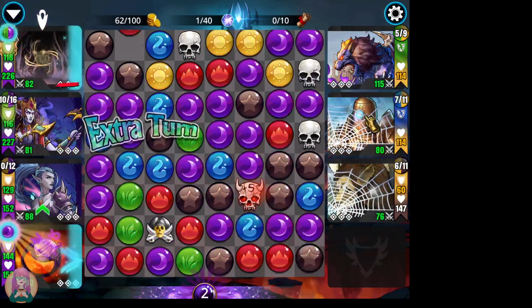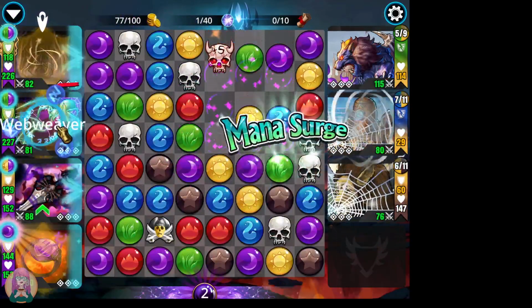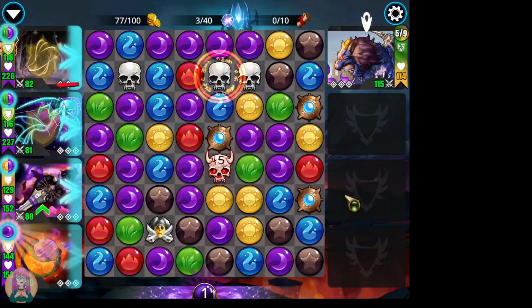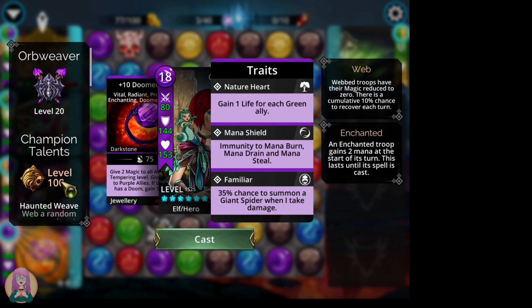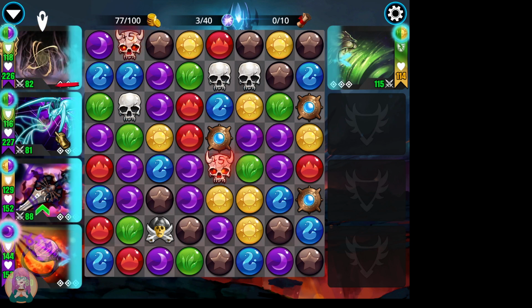We're going to hit him because he adds armor. Okay, we'll do that. So, do I love this? No, but you could get something very useful out of it. Assassin just took out that last troop there. That's why I didn't want to get rid of the hero. Rising Shadows, because I have it fully traded. Yeah. Anyway,